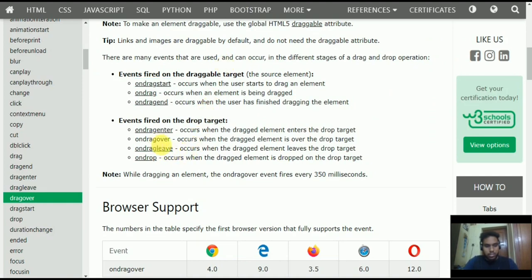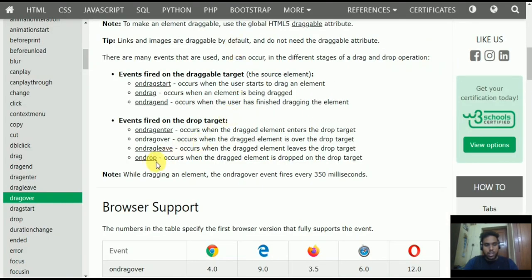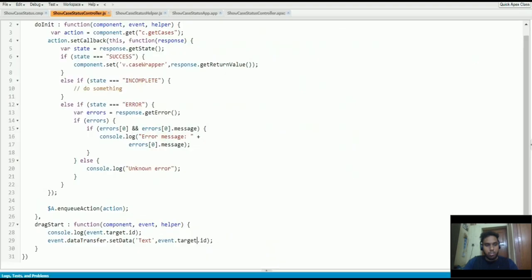One is on drag over, which occurs when the dragged element is over the drop target. And also we're going to use on drop. Whenever a particular case is dropped in this section or in this section, this event called on drop will fire. So we have to add both events in our component here.